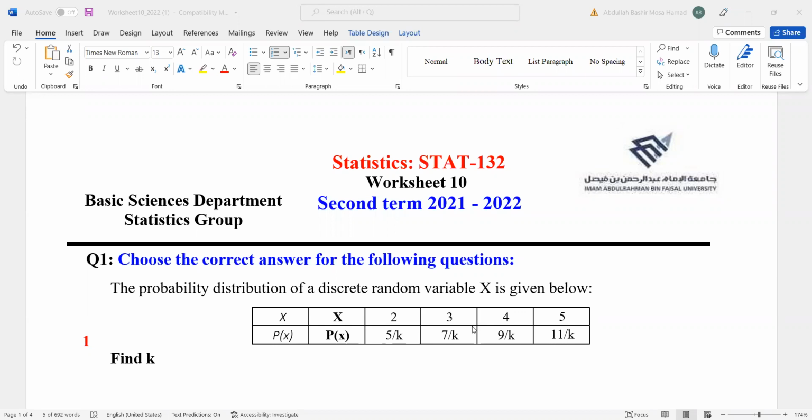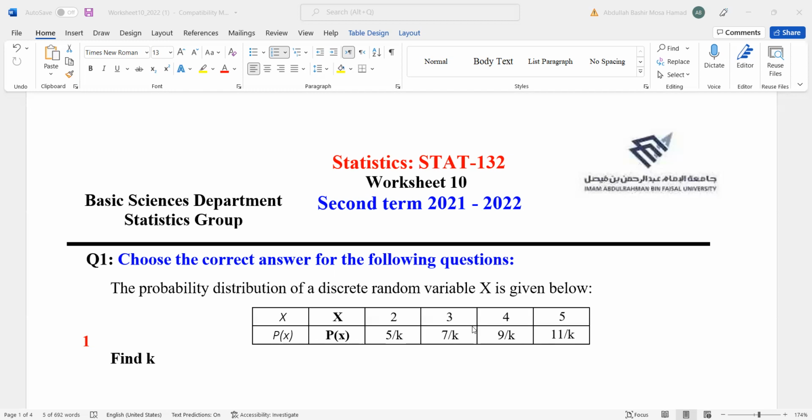Worksheet 10 is about discrete probability distributions: how to construct a discrete probability distribution, and how to find variance, standard deviation, and expected value or mean. A discrete probability distribution has two conditions that should be satisfied. The first condition is that the summation of probabilities should be equal to 1, and the second one is